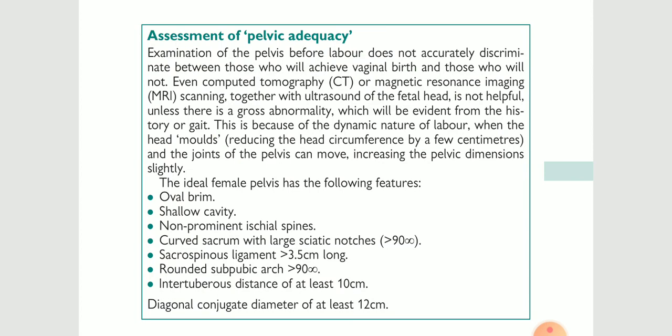Examination of the pelvis before labor does not accurately discriminate between those who will achieve vaginal birth and those who will not. Even computed tomography (CT scan) or magnetic resonance imaging (MRI scanning), together with ultrasound of the fetal head, is not helpful. Why is this so? Because during the end stage, or the time of